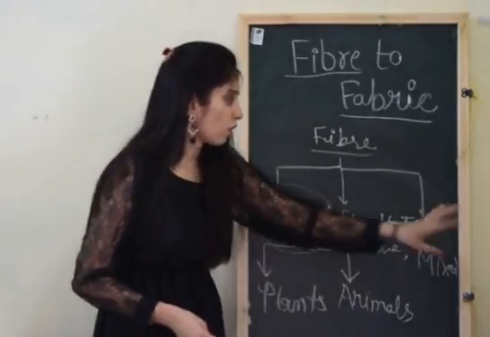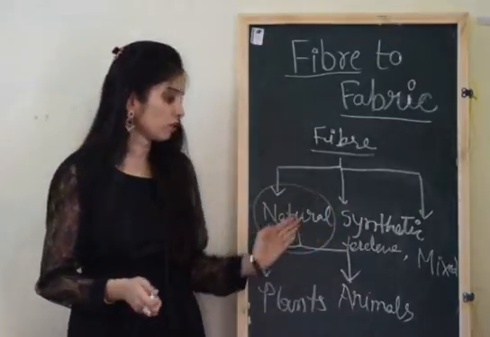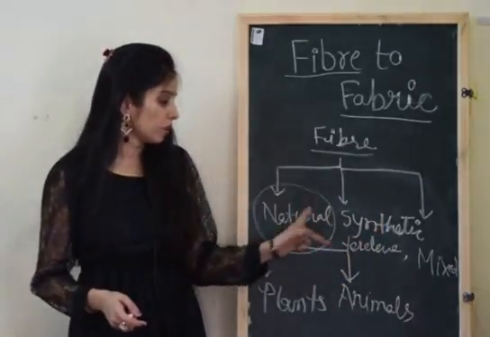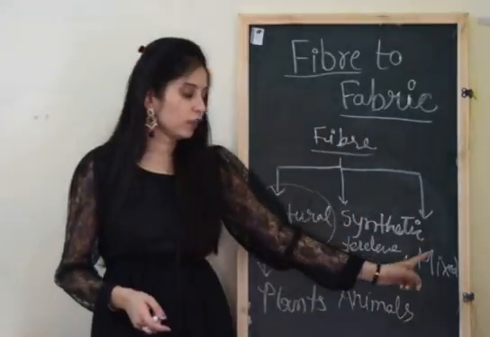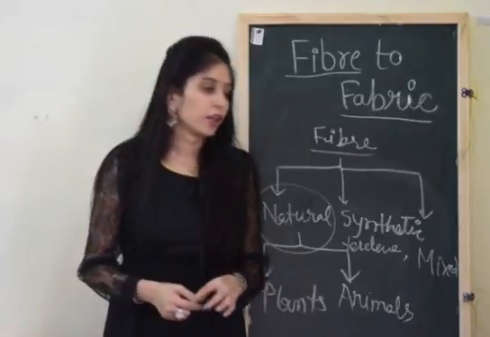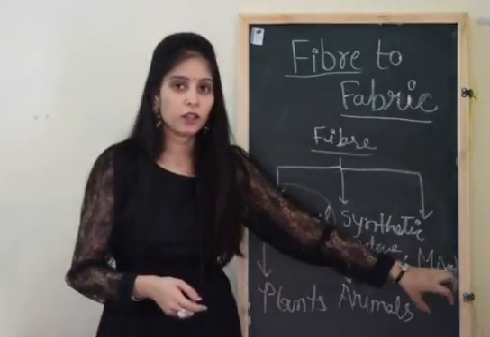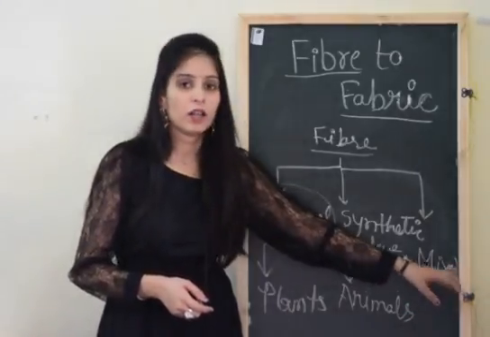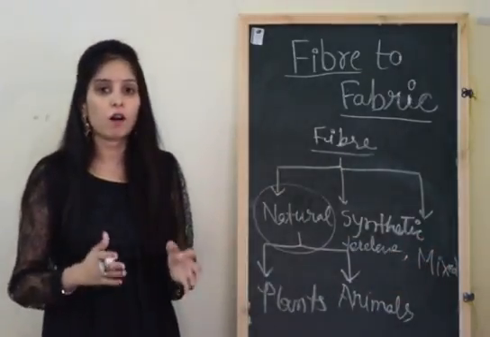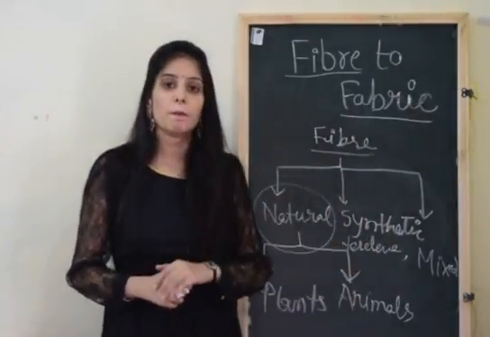Then third is the mixed fiber. Mixed means when we add both natural fibers and synthetic fibers. There is a combination of the two, natural as well as synthetic, and their mixture occurs. Then the fiber is called a mixed fiber. For example, in a sari, cotton plus silk forms a mixed fiber. Terylene as well as wool make a mixed fiber. So a mixture of different kinds of natural and synthetic fibers occurs. This is called the mixed fiber.